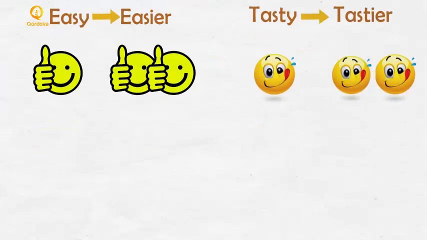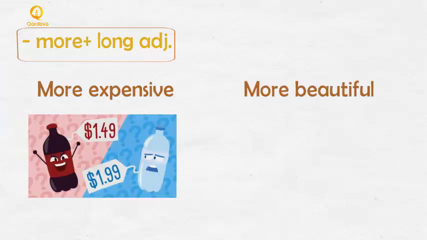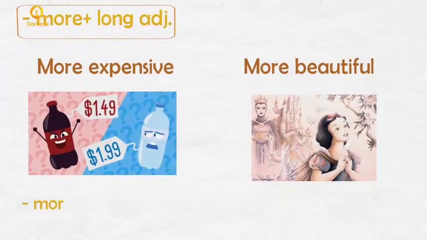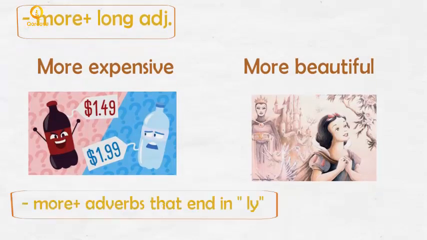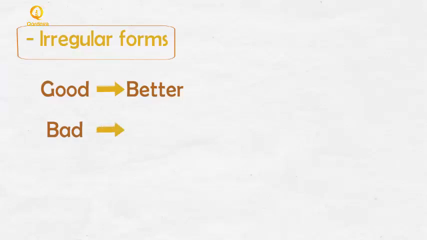tasty, tastier. For longer adjectives, we add more before them to compare between two things. For example, expensive, more expensive, beautiful, more beautiful. We also add more before adverbs that end in ly, like easily would be more easily, slowly, more slowly. And don't forget that there are some irregular forms, like good would be better and bad would be worse, far,